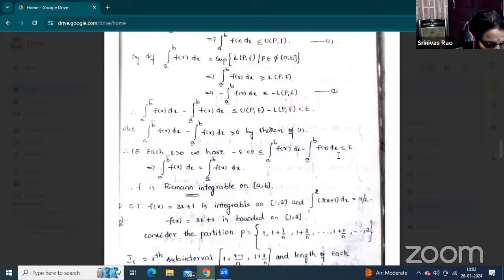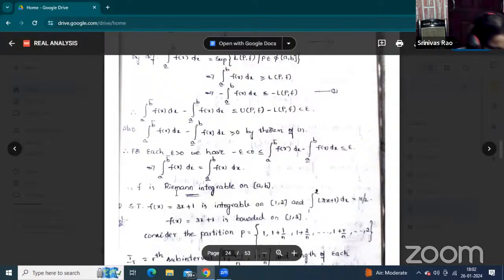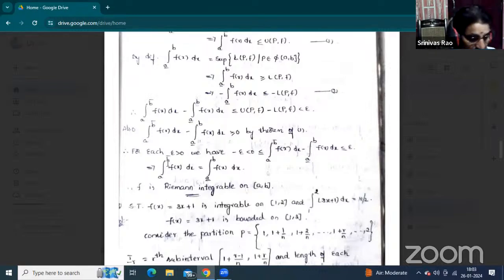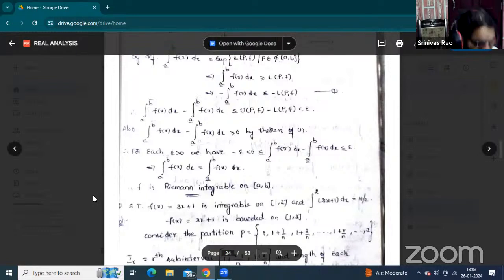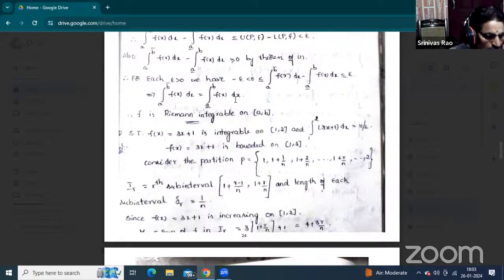That is simply read as f is Riemann integrable on the closed interval [a, b], denoted by the integral from a to b of f of x. Okay, that's enough, students. This is one of the finest and most important theorems, especially in Riemann integrals. Don't be misled here. Now, according to the above theorem, you have to practice one of the important problems.